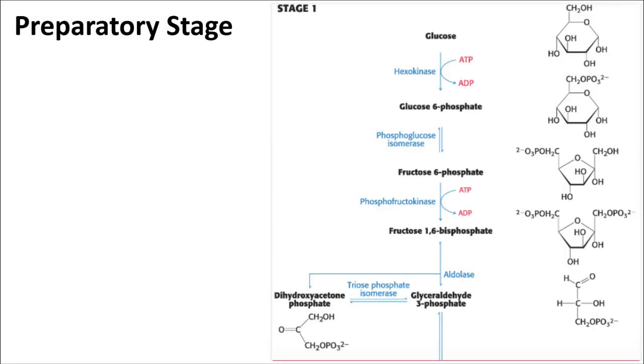And that concludes stage 1, which is the preparation stage of taking glucose and converting it all the way down to the GAP, which is also known as glyceraldehyde 3-phosphate, and it just sacrifices 2 ATP in order to